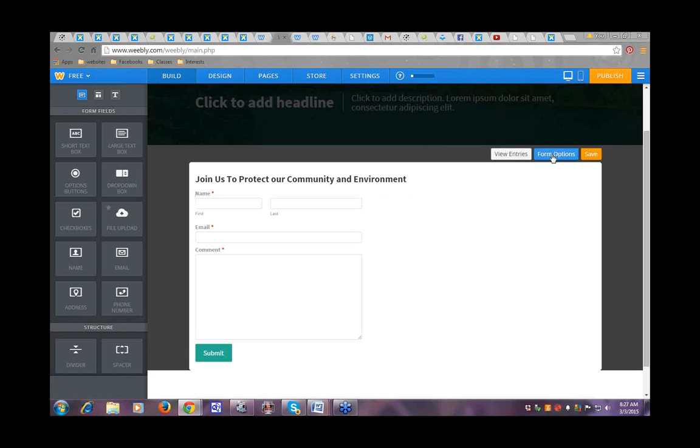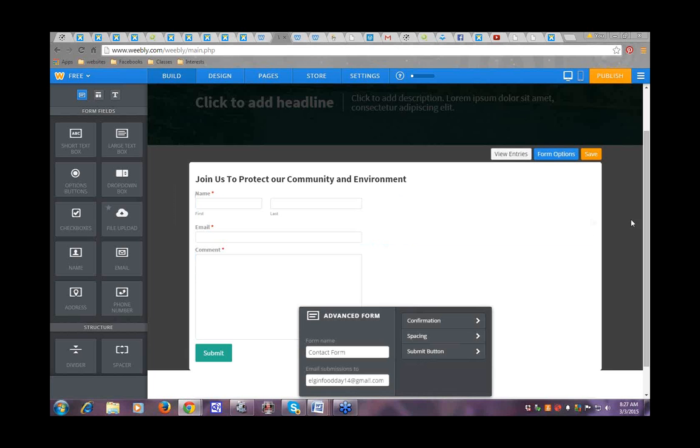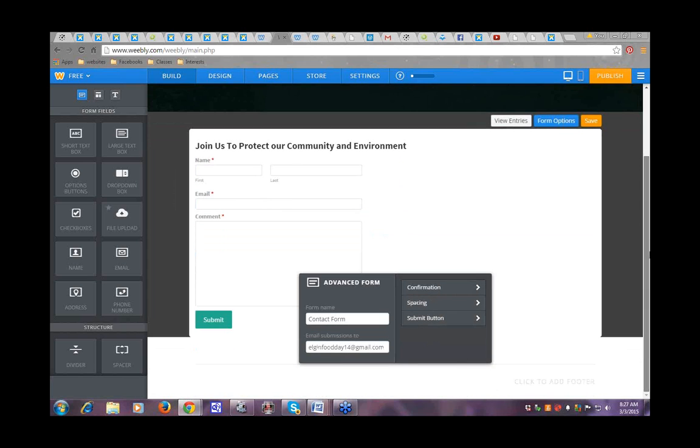Now the form options you click on so you can change the different things that are set up in here, and you can put your email that you want these to go to. Right now I have it to a food day email. I'm going to change that and put it to an Elgin basic email, so it'll go straight in there. You can call it contact form, you can call it whatever you would like, and that will come up in your email, so you'll see that in the subject. So I'm going to put in here Long Meadow,